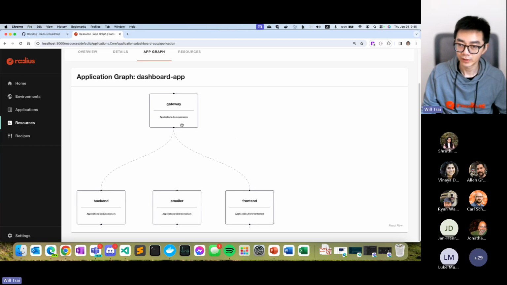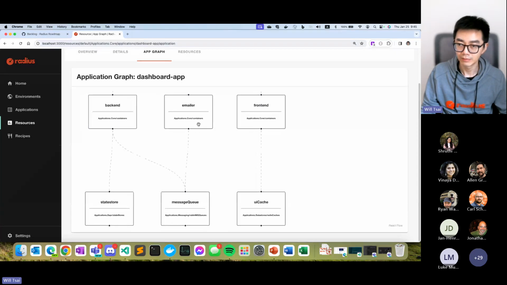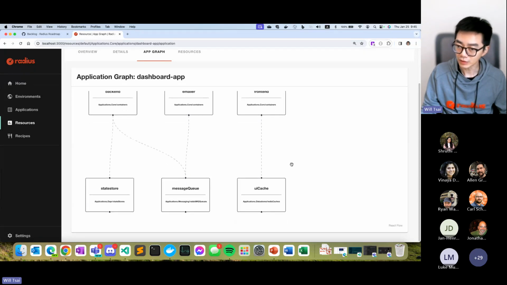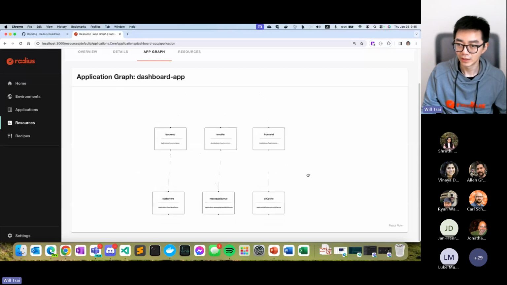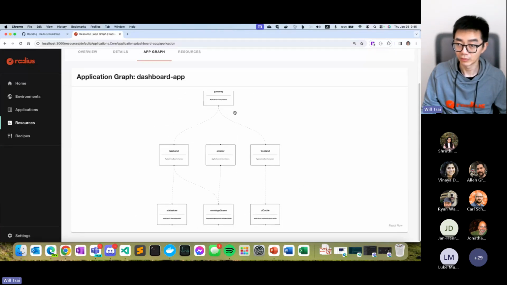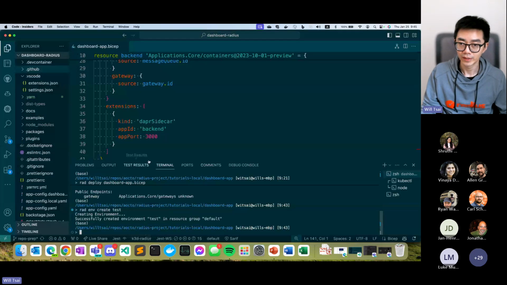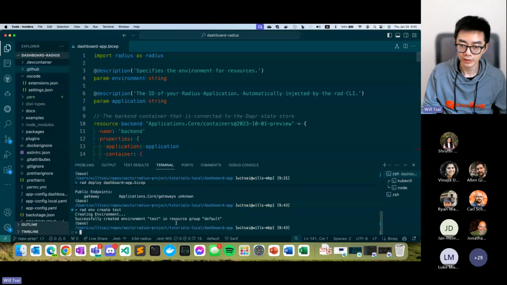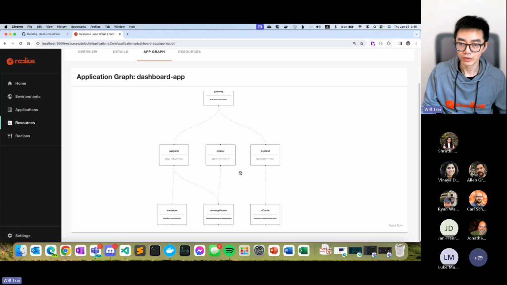We have a backend and front end that is connected via a gateway, and then we have an emailer service that basically takes messages from the message queue to process. And then the front end is backed by a UI cache, and then there's a state store that is attached to the backend. So this is a more complicated use case, and you can tell that I had just deployed this using the Radius Bicep app definition, and after deploying, it showed up on